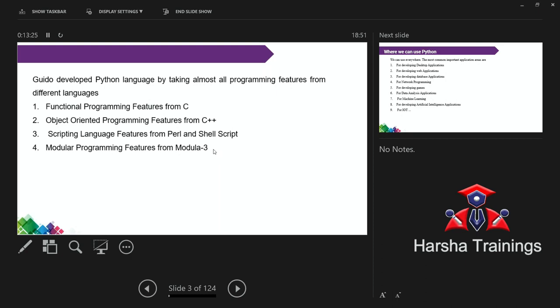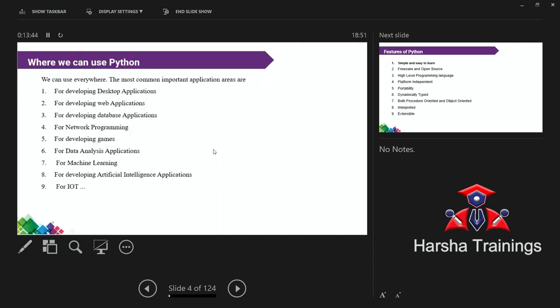Whenever I need student number X, simply I go to section 1 and find X. So what is the advantage? It is very easy to perform an action, either accessing or updating, whatever it is. So from different languages we are taking different features. I think so. These are the basic things.